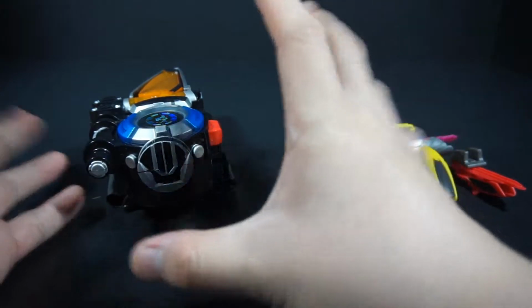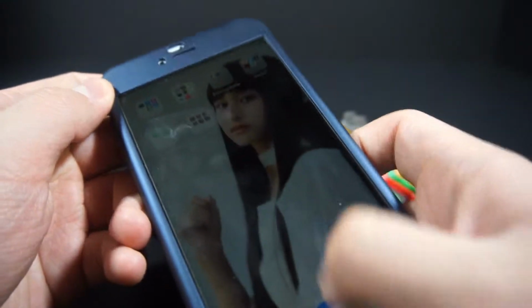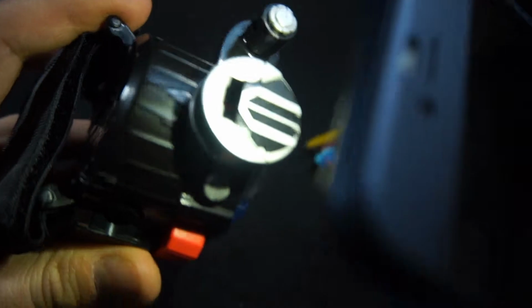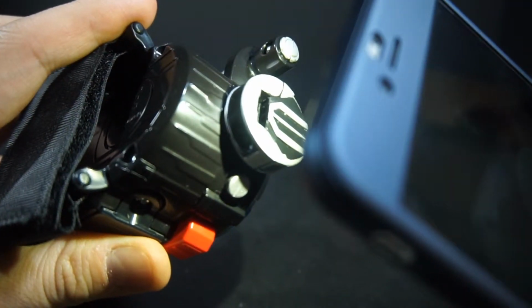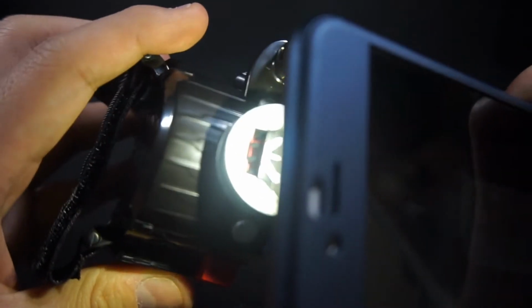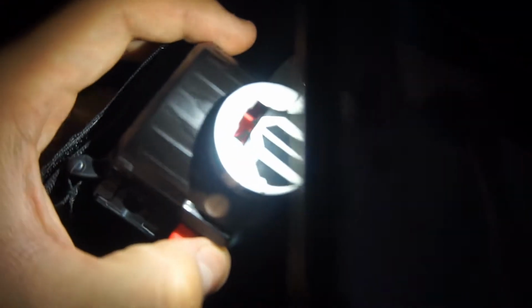So you might be wondering what kind of pin system the Beast-X Morpher uses. Well, if we go look at the lights of my phone and turn the Morpher upside down, why is it yellow? That's kind of weird. If we turn it upside down, is it because there are two lights? Let me turn this one off. No, it's still yellow. That's weird. So, if we shine this through, you can see